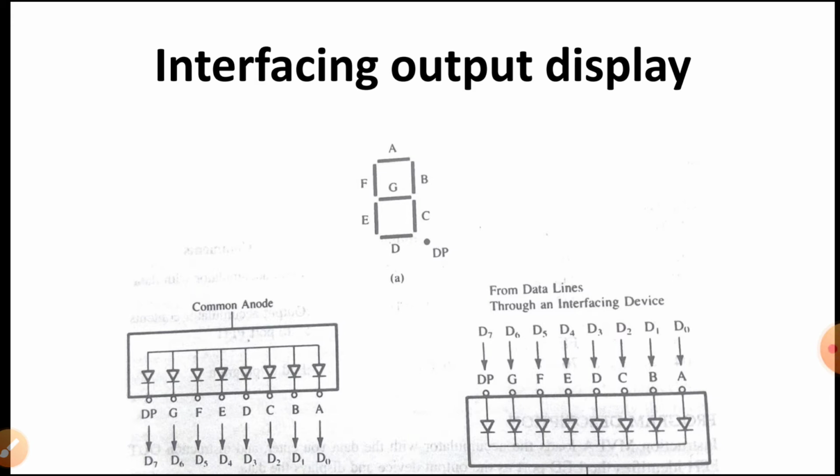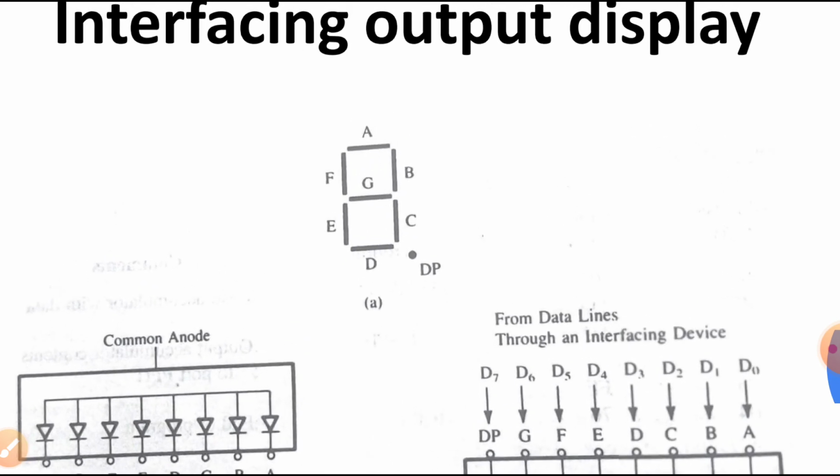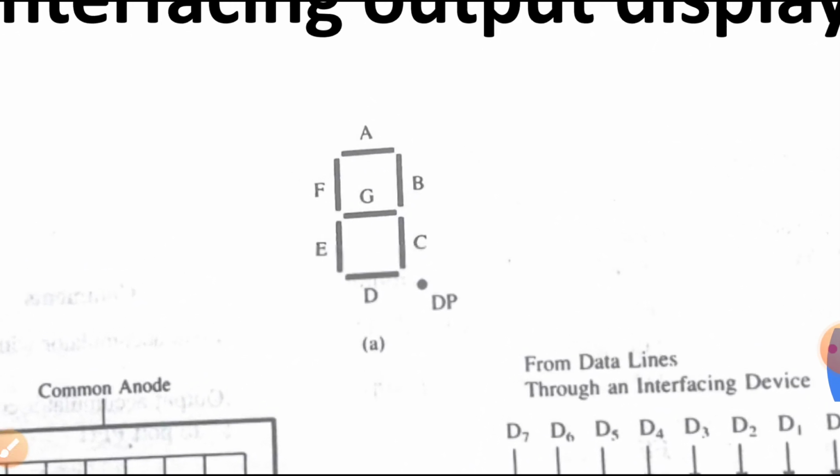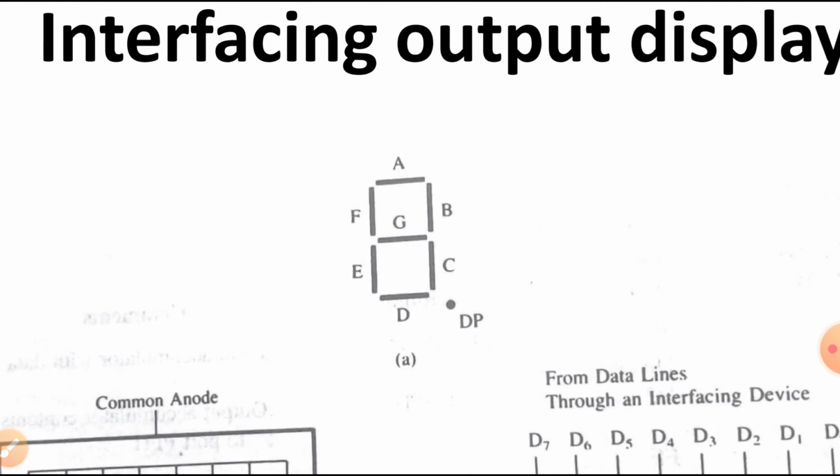Now, I am going to demonstrate how the output display can be interfaced if the output display is governed by a 7 segment LED display. So, what will be the program and how will we design the circuit for that? Before we discuss interfacing the output display, let us first discuss what a 7 segment LED display is. A 7 segment LED display consists of